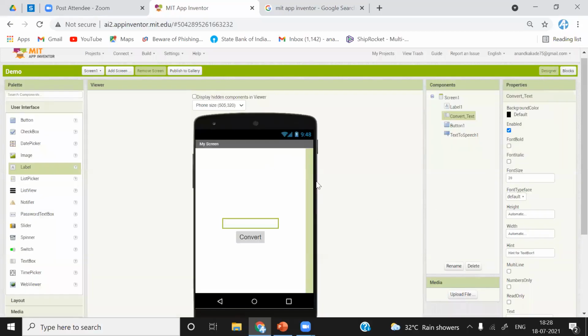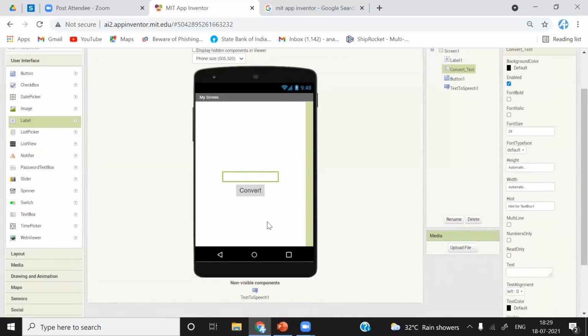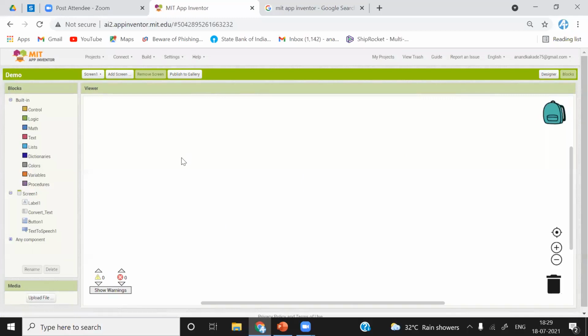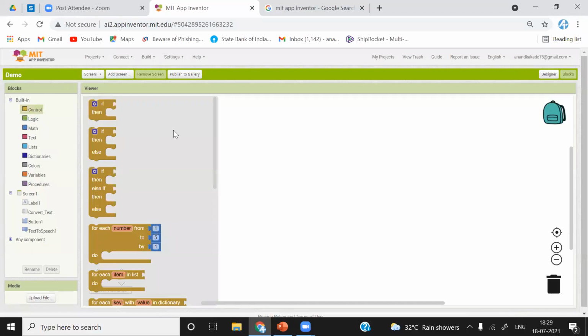In designer, all the user interface is the front end, and this is the backend. In the backend, you have to write the logic so that your app can function properly. The logic can be written using code in any programming language, or it can be blocks also. But simply, blocks are nothing but some lines of code. You can say that.